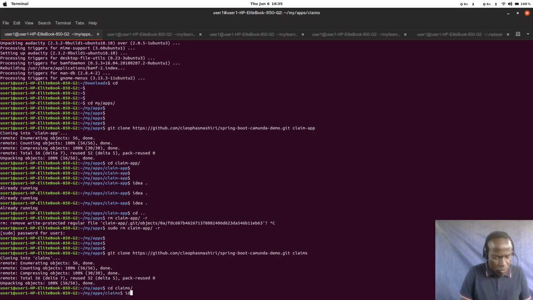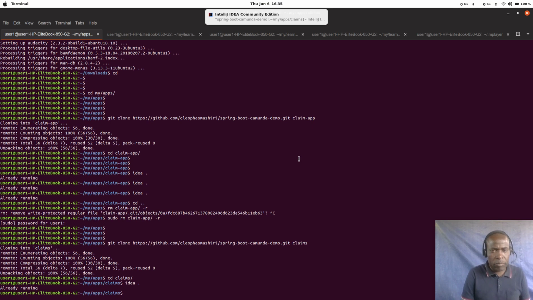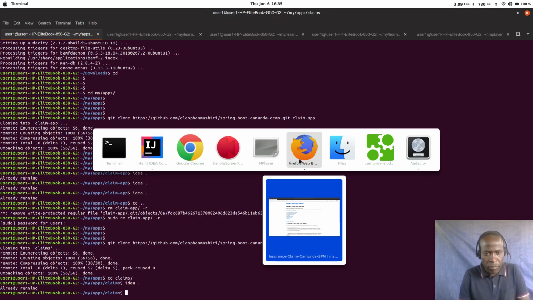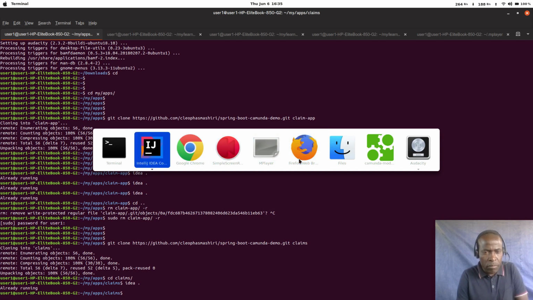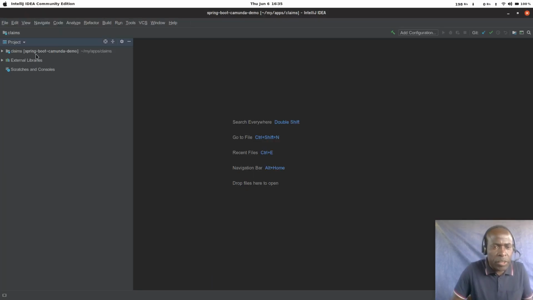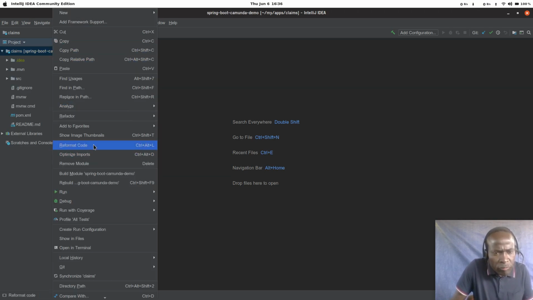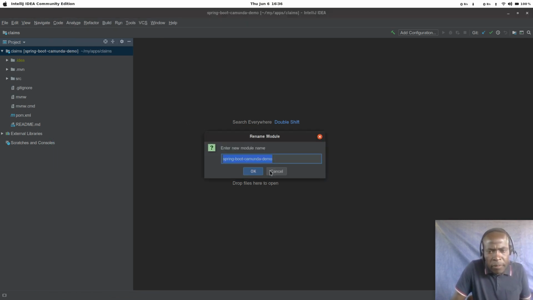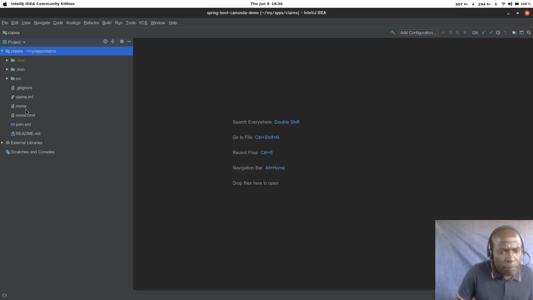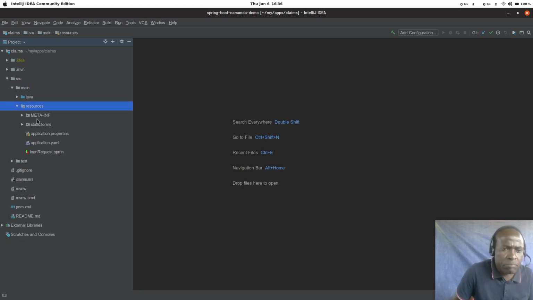and then I'm going to quickly open IntelliJ. Okay, so IntelliJ is open. So this is the application. I think we can just change the name here. Let's just change it to claims. Okay, so our process models are going to be stored in this resources folder. So if you can just quickly create a claims process model,